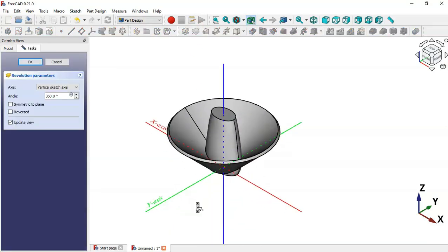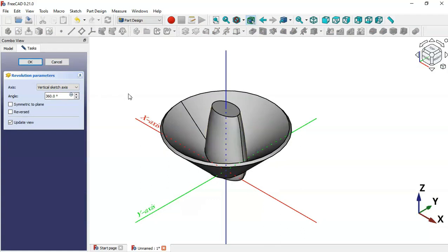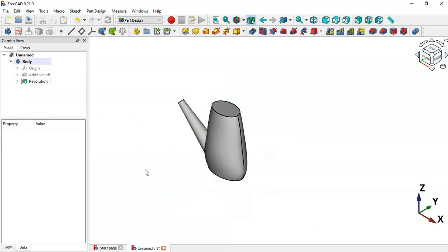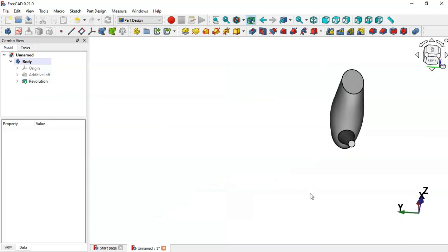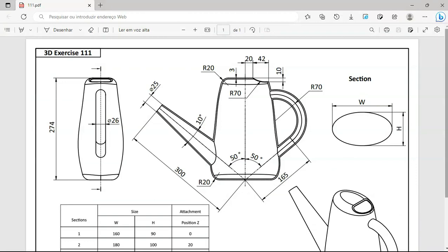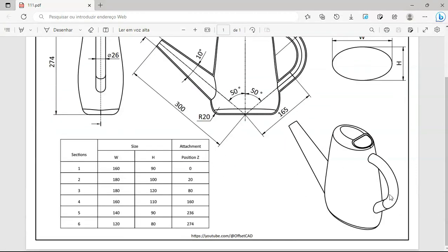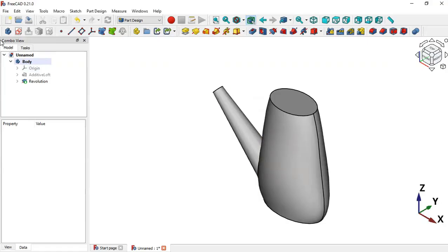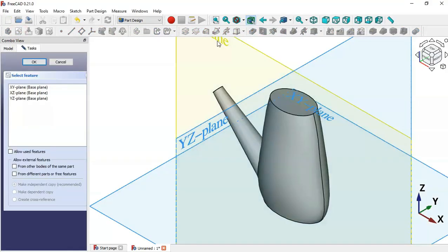Okay, and here we must change the axis to construction line 1. So we click here and we select this option, and now okay, and as you can see, now we have this part here. Okay, and next let's create this part here. To create this part here, we'll need a sketch. So create a new sketch in axis plane,